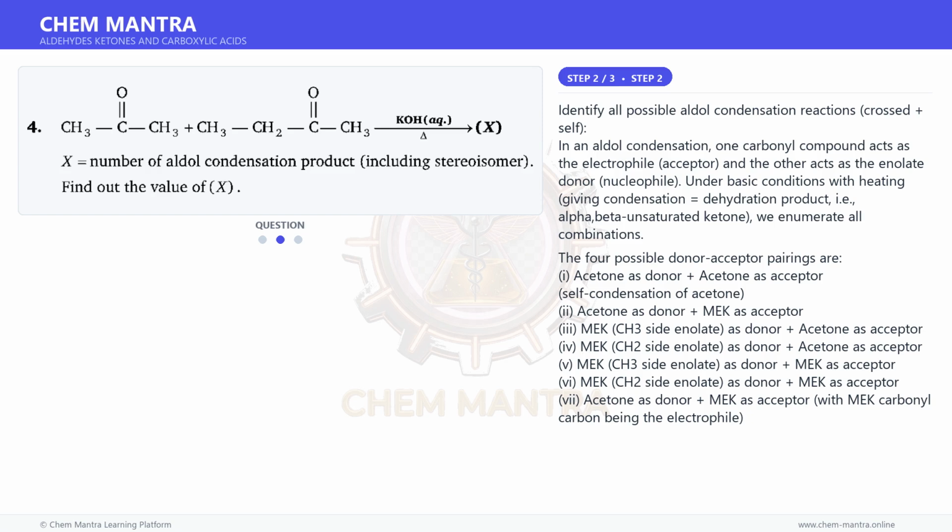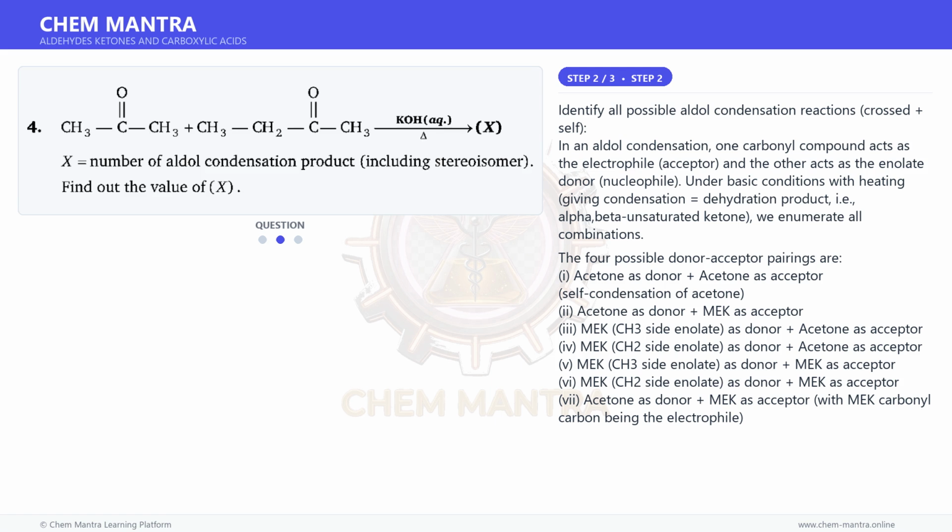Moving on to the next step. Identify all possible aldol condensation reactions, crossed plus self. In an aldol condensation, one carbonyl compound acts as the electrophile, the acceptor, and the other acts as the enolate donor, the nucleophile. Under basic conditions with heating, the condensation, that is dehydration, gives the product, i.e., an alpha, beta unsaturated ketone. We enumerate all combinations. The possible donor-acceptor pairings are: